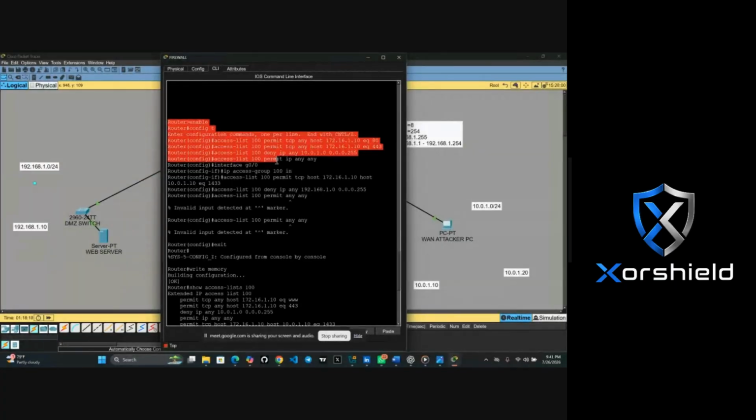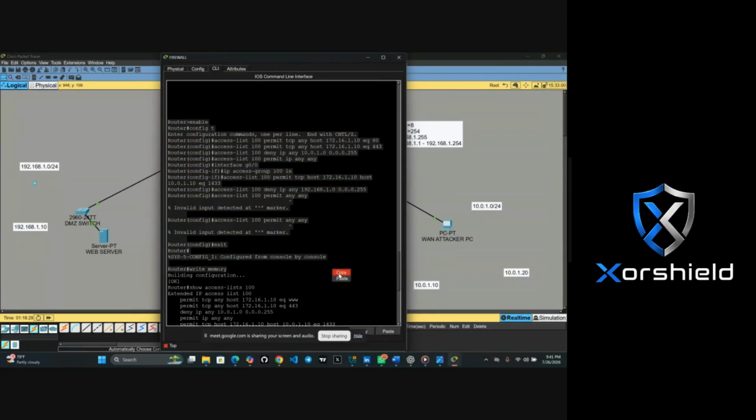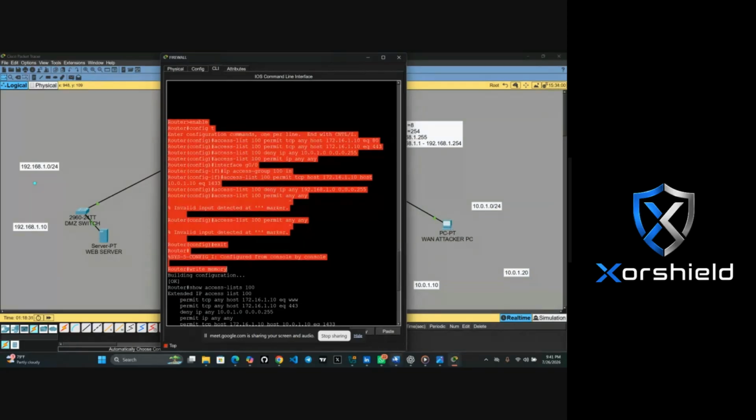I'm trying to see a way. I want to try and copy it. Let me paste it to the group.